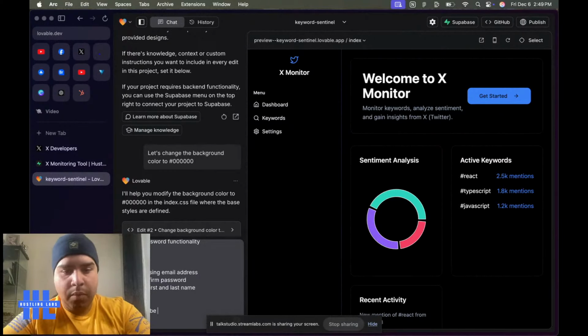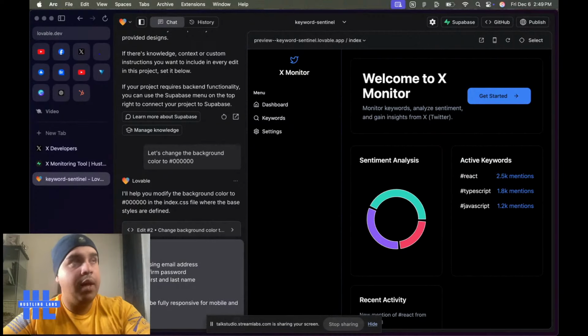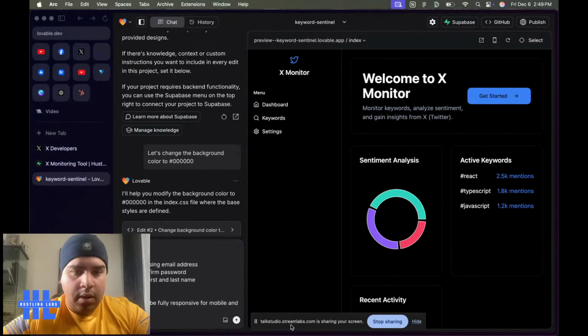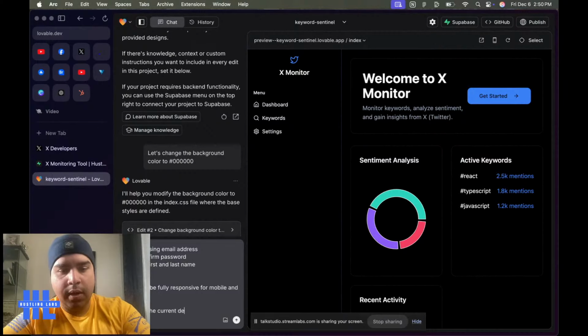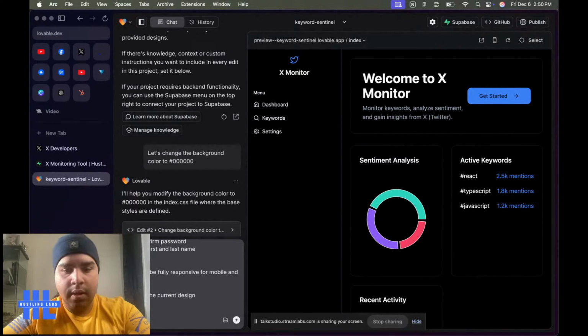Page must be fully responsive for mobile and desktop. All right. Here to the current design. Follow all the security design and